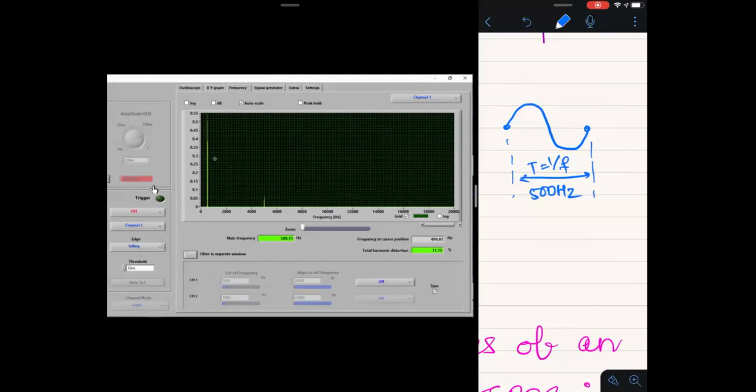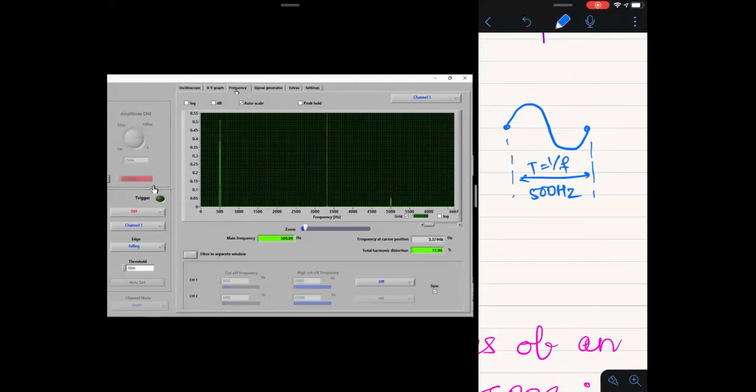So here you can see there is a main frequency component. Just zoom it a little bit so that it is clear. See, here is the main frequency component of higher amplitude at 500 hertz, and there is a lower amplitude component that is the noise at 5000 hertz. So these things you can see by this feature.